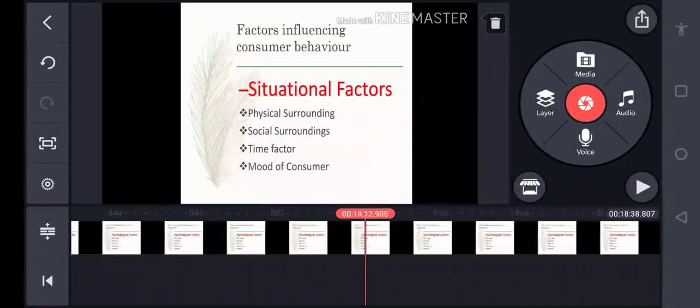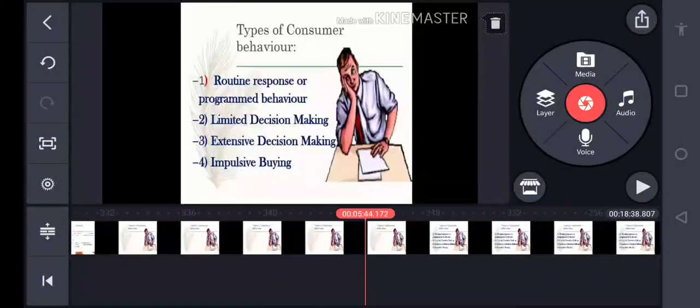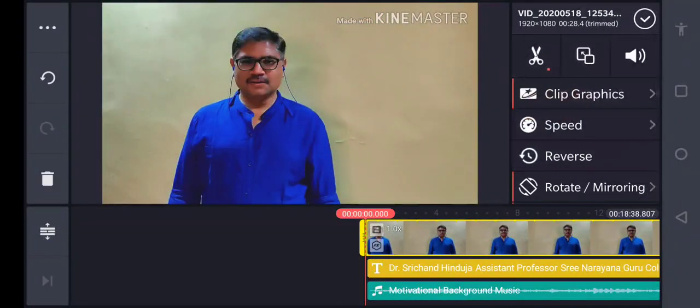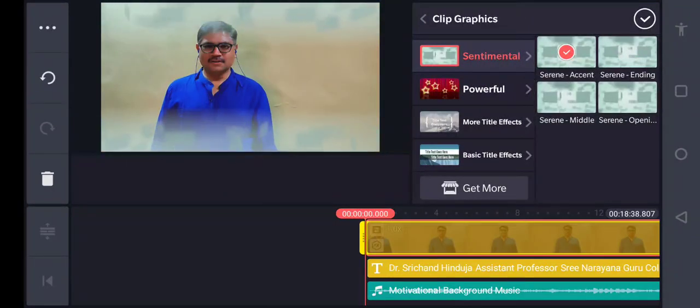Now there is one more thing. Let us say if you have applied some filter, I'll just show you one demo. On this video I'm going for let us say this clip graphic, and I don't want this particular clip graphic. I want a simple video. On left hand side you can see there are 3 dots and there is one more sign which is the sign of undo. So if anything which you have done mistakenly or by error you have added some filter and you don't want to save it, you can click the undo option. It will go away from that. Otherwise this particular project will get saved like that only.